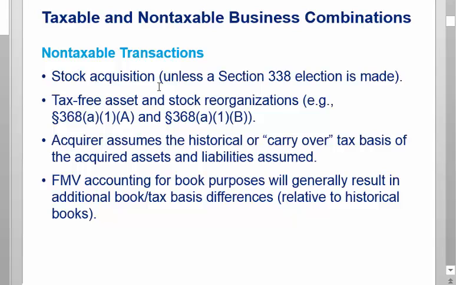And so the way this works for tax purposes is if we buy stock, our basis in the stock is fair value, but it doesn't get pushed down to the assets unless we make a 338 election, which is uncommon. So if we acquire the stock of a target, or if we acquire a target in what's referred to in the second bullet as a tax-free reorganization, in any of those transactions, for tax purposes, we're not going to get a basis step up in the underlying assets. And so that will be defined as a non-taxable transaction.